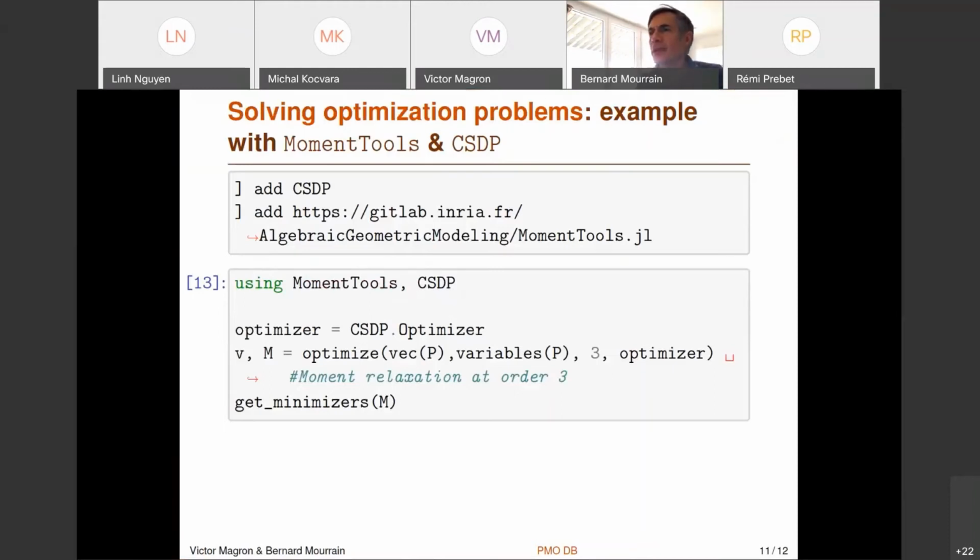some examples of how to use optimization tools with this data. Okay, so here is an illustration where we want to solve one optimization problem with a package which is Moment Tools, and an SDP solver, which is CSDP.